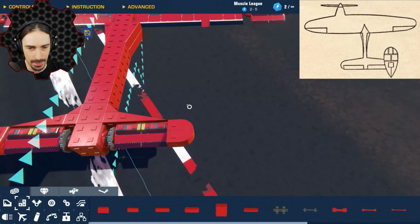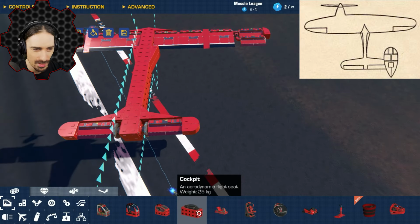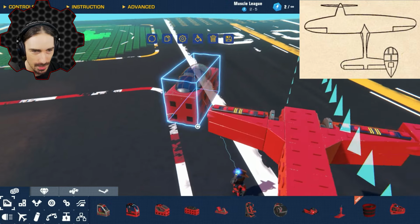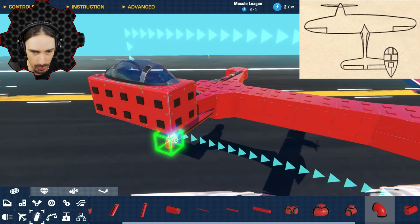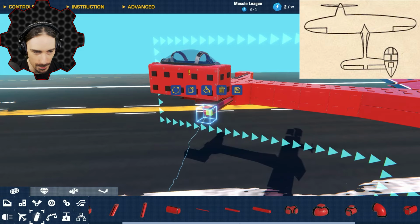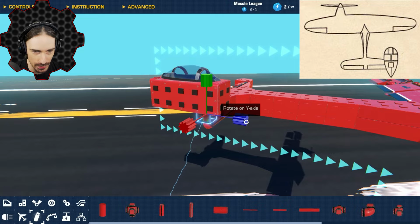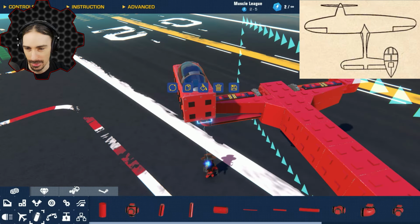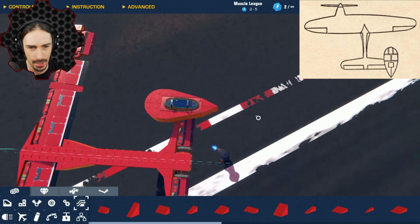Okay, then the other thing is the cockpit goes right here? Why? Why are we going right here? All right, I need to repurpose this so the cockpit isn't actually attached to the control surface because that's not gonna work. Okay, I'm doing what I can with the materials at my disposal to create what I see. All right, I know it's not 100% accurate, but I have to attach the cockpit somehow, so I'm using that, okay? All right, now we need some aerodynamics on this cockpit, but it's basically like a teardrop shaped cockpit, so